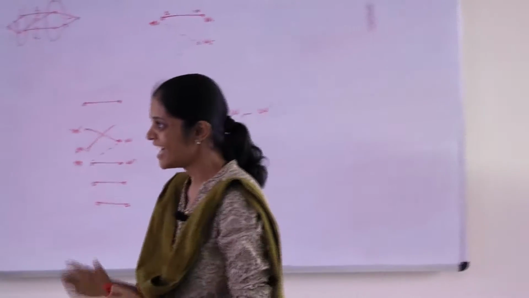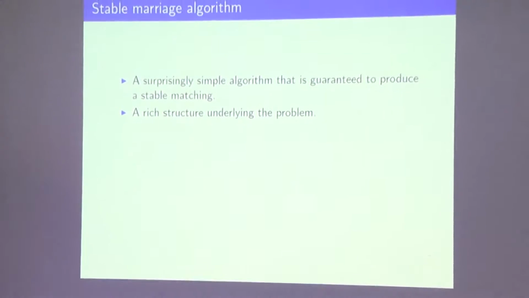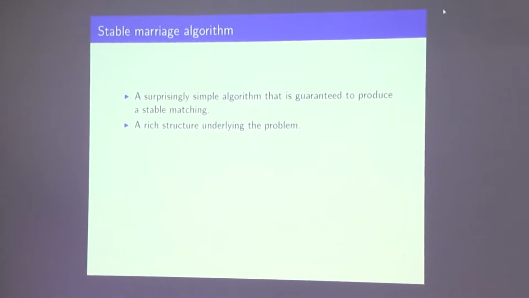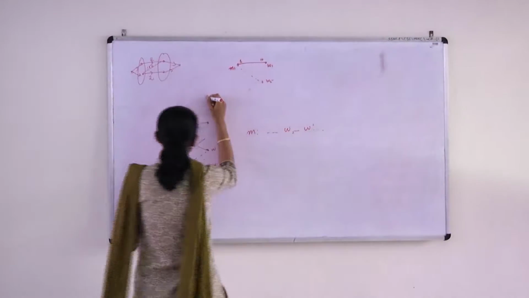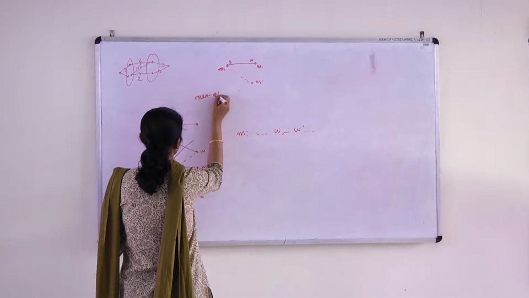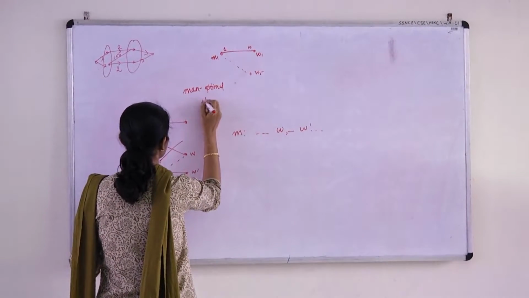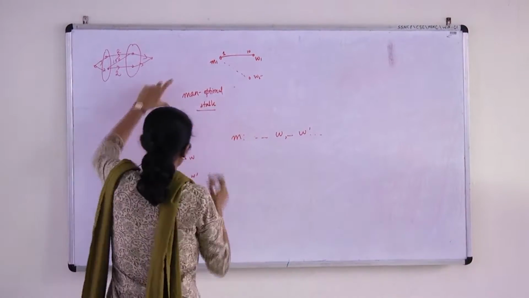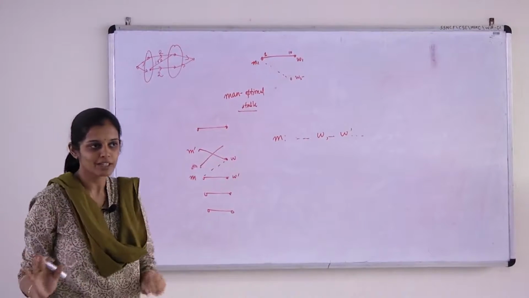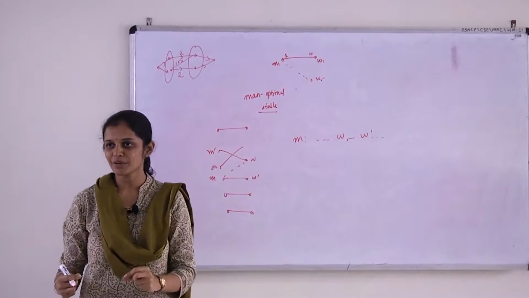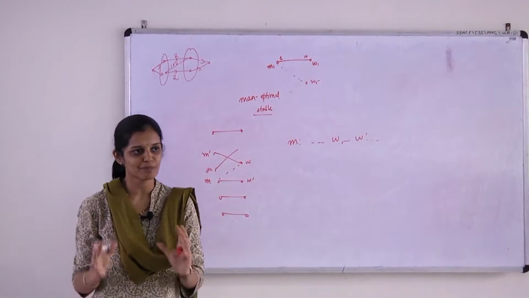I don't think, there are many proofs that one can do, but I'll just wind it up here. So what I want to say is that this itself, that it produces a stable matching, and it produces something which is called man optimal stable, and the order of the proposal sequence has no consequence on the output of the algorithm, is something that one has to work out on several examples and appreciate the beauty of it.